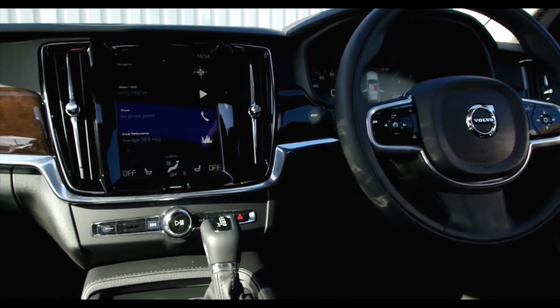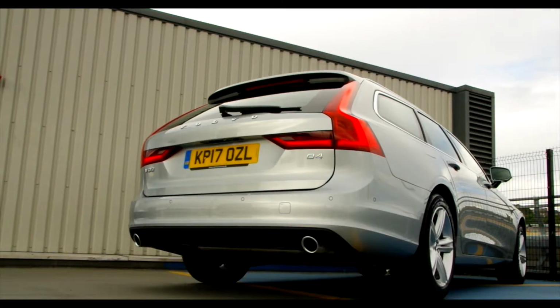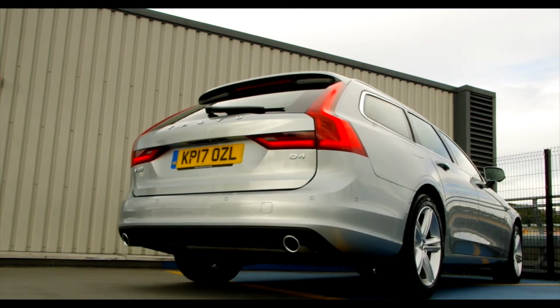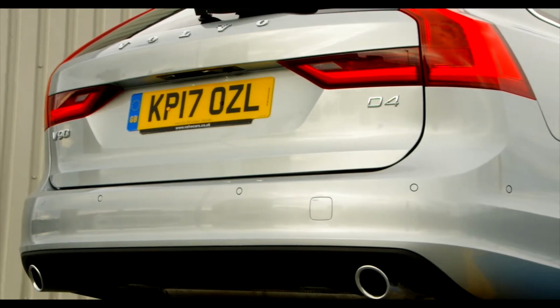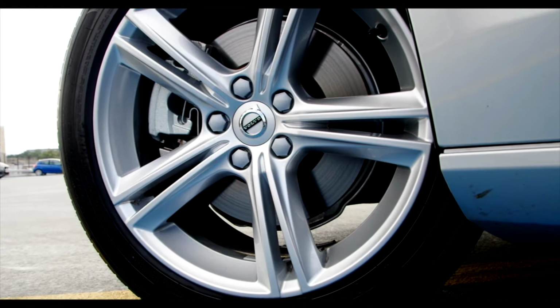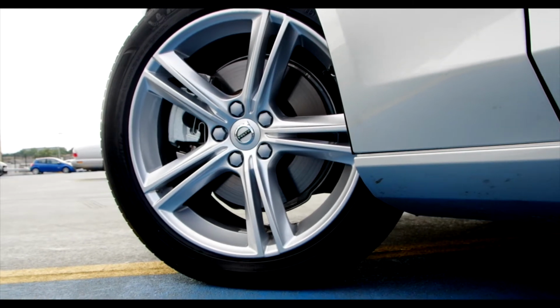This Volvo V90 comes in at 35, so at the lower end of the price scale, it's good value. And seeing as though all the above come with the same power and the same top speed, and pretty much all the same toys inside and out, this Volvo,